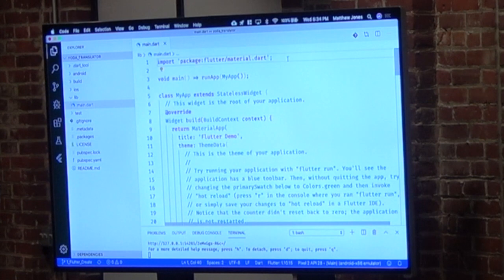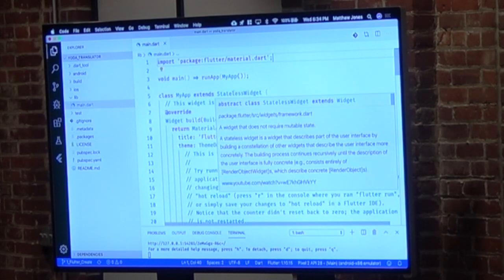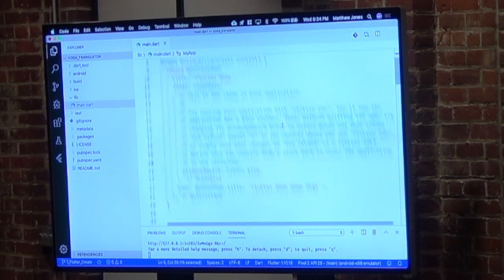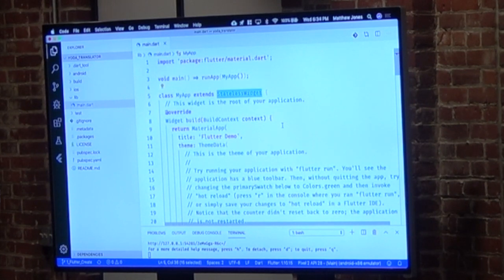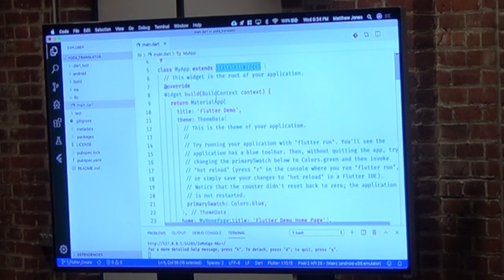And then we have a stateless widget right here. Flutter is not overly opinionated about how state works. You have stateful and stateless widgets. You're very rarely going to see me use a stateful widget. A stateful widget manages its own state, and frankly, there's better ways of managing state. And if you're confused by what I just said, we're going to get to state management here in a little bit. If you're familiar with Redux, Flutter honestly isn't all that different in the way that we're going to use it today.